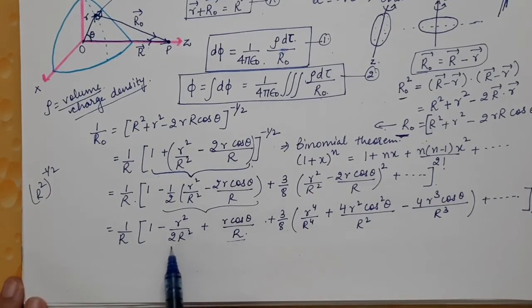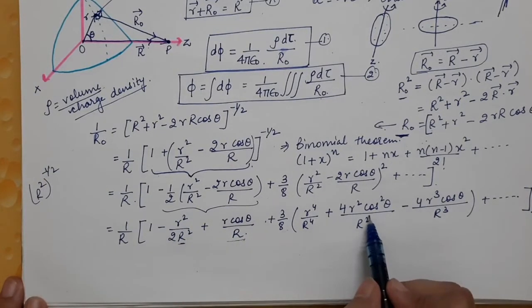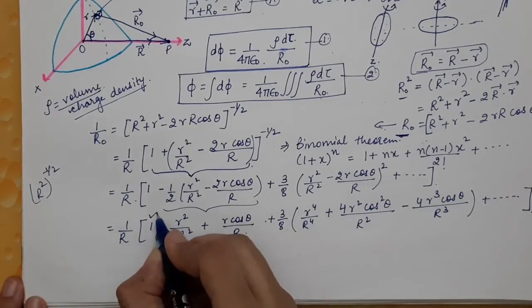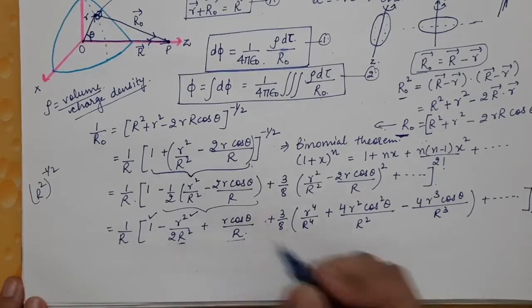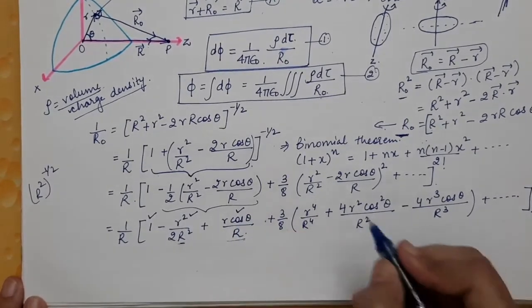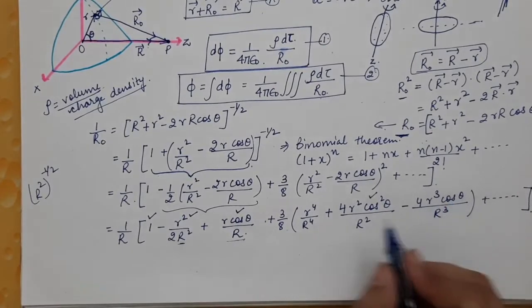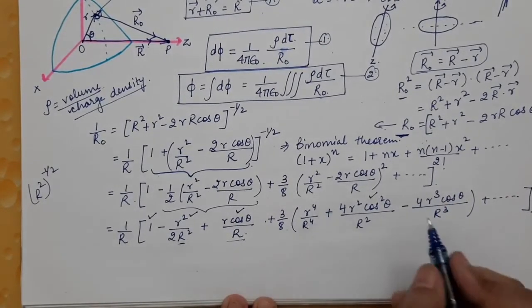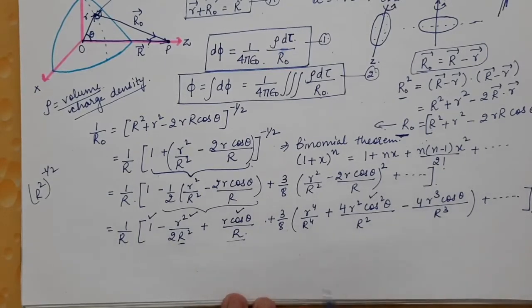Now we have the r square term. Here we have a small r square term, and over here another small r square term. So only these terms are of our concern. We want this factor, then the second term, then the third term, and then this term. Then small r cube and small r power 4 will be the higher terms. So we want just these 4 terms.